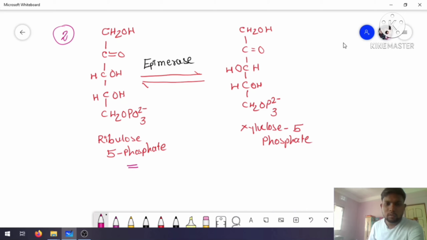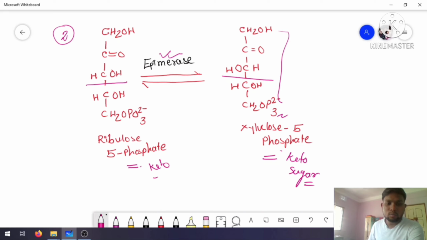And this is the second stage of non-oxidative stage. Here ribulose 5-phosphate will be converted into xylulose 5-phosphate. This is also a keto sugar. These are epimers of each other. What is epimer? Just orientation of one carbon is different. Everything else is the same. Okay. So ribulose is converted into xylulose 5-phosphate with the help of epimerase. And the previous reaction was ribulose to ribose, right? Ribulose is the keto sugar and ribose, there was an aldehyde group, so that was an aldose sugar.